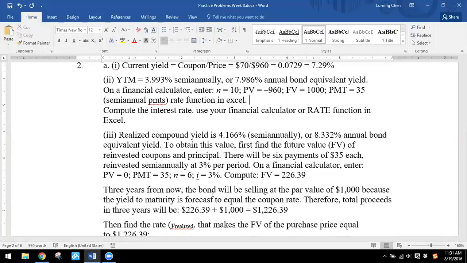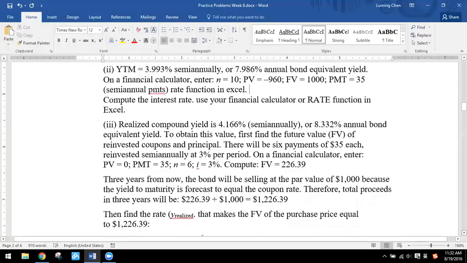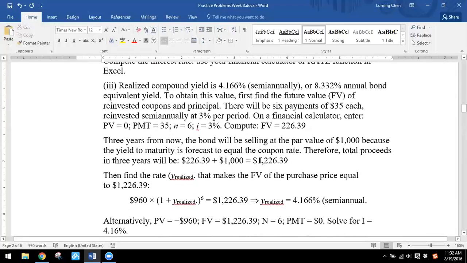And 3 years from now, the bond will be selling at par because the yield to maturity is 7%, and the coupon rate is also 7%. So the bond will be sold at par. So it's $1,000. And what we get back in 3 years will be the future value of all the coupon payments, assuming a 6% reinvestment rate, and the face value. The bond is sold at par. So the future value of the total payback is